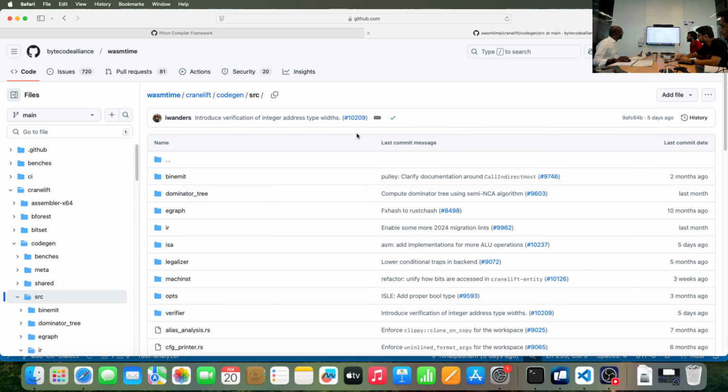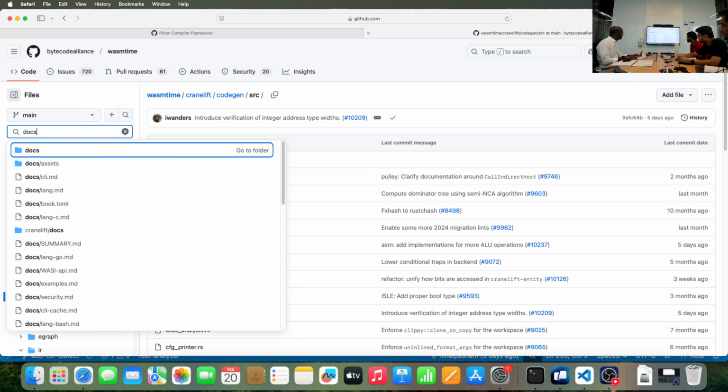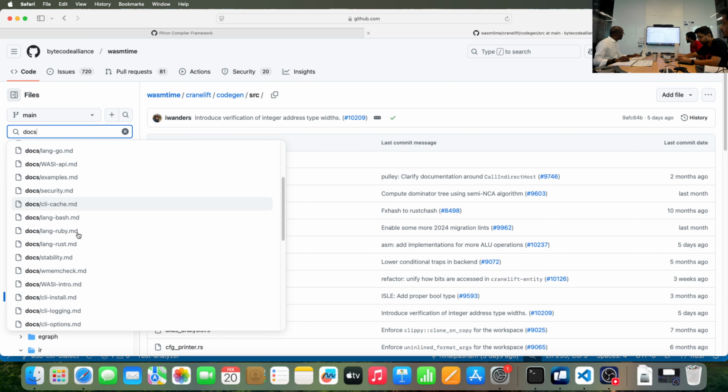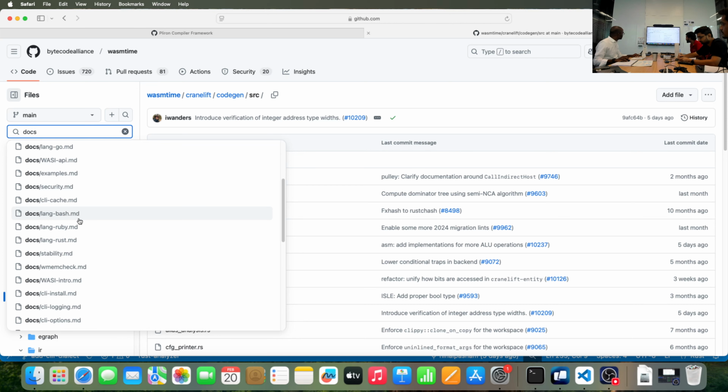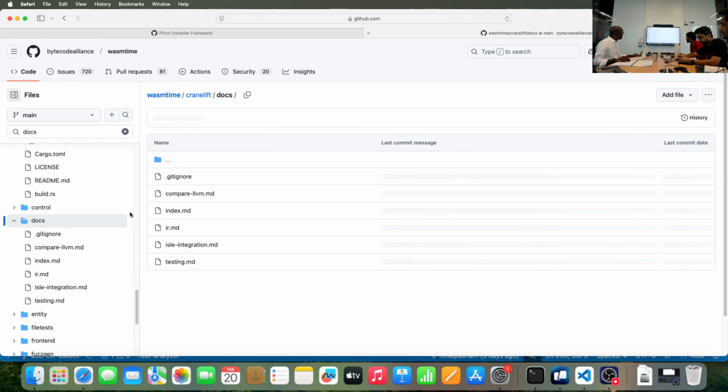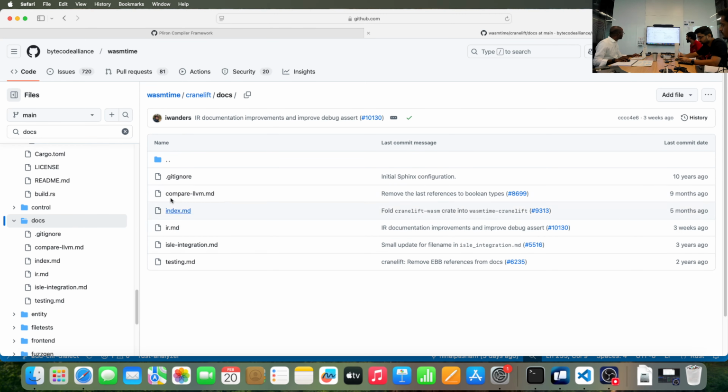Go to file on the left side. Docs series. Where did you move the docs? They moved the docs somewhere else, I think so. Where is it? It's here. Anyway, so